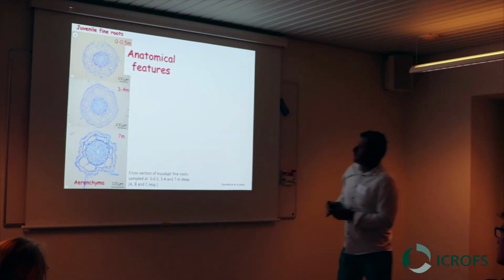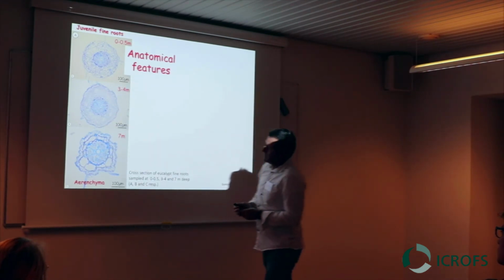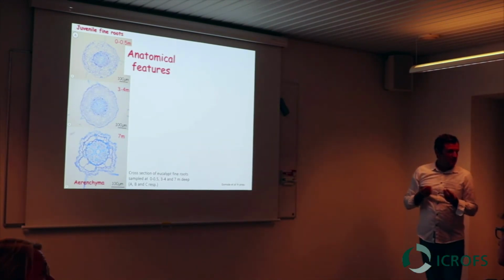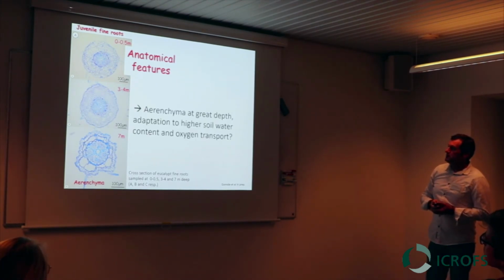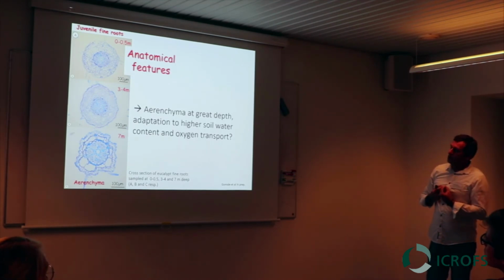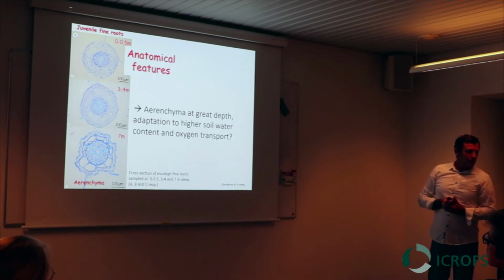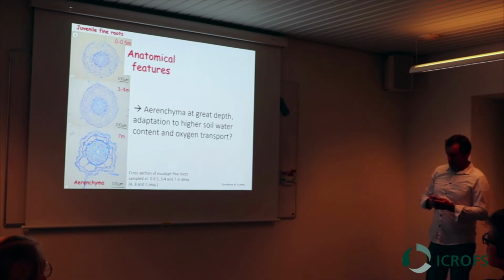You can see that the protoxylem is differentiated here and less there. So the roots down there look more differentiated. It's what we thought, that with a big aerenchyma, meaning that in that typical condition they need oxygen because the oxygen content should be low. We didn't measure, but as the water content should be high,